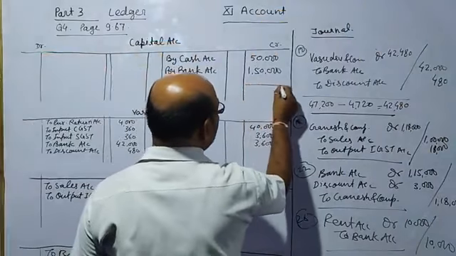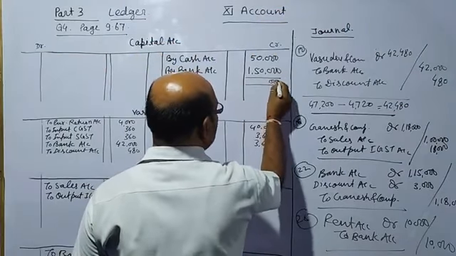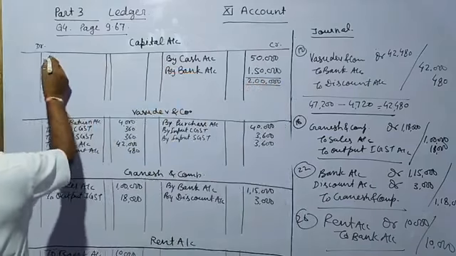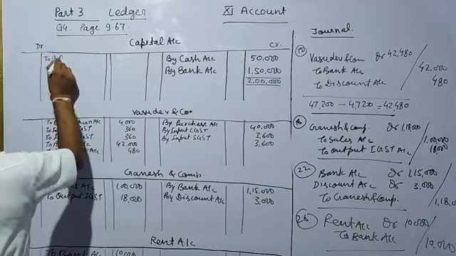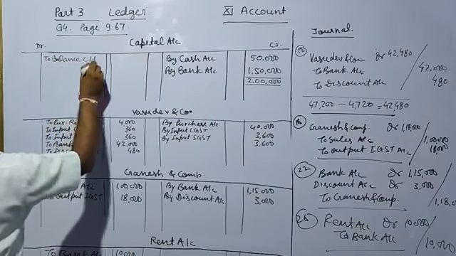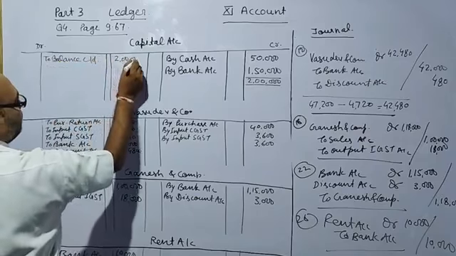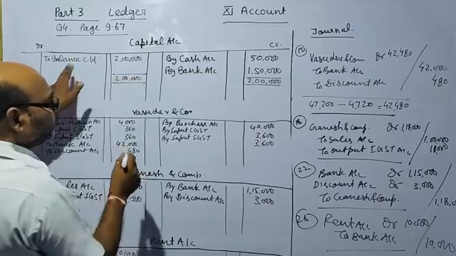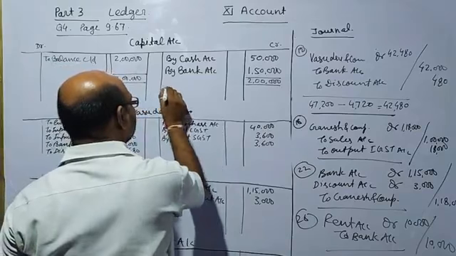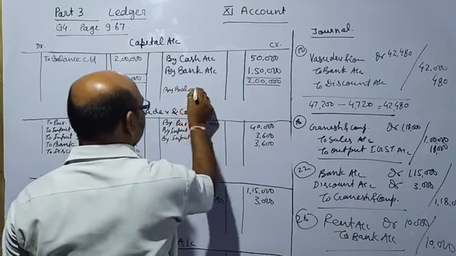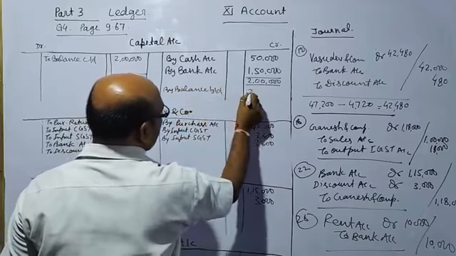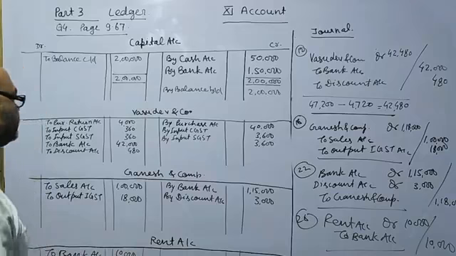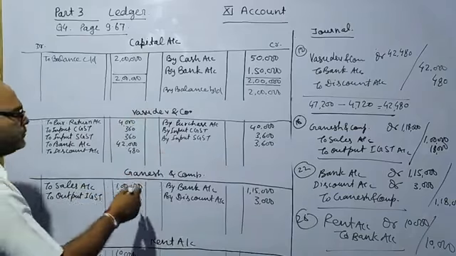You will make the total 2 lakhs. There is no any transaction. So difference you will write to balance CD, that is 2 lakhs. You will make the total 2 lakhs, and just opposite side, here you will write by balance BD 2 lakhs. Balance you will write just opposite side here. You will make the total